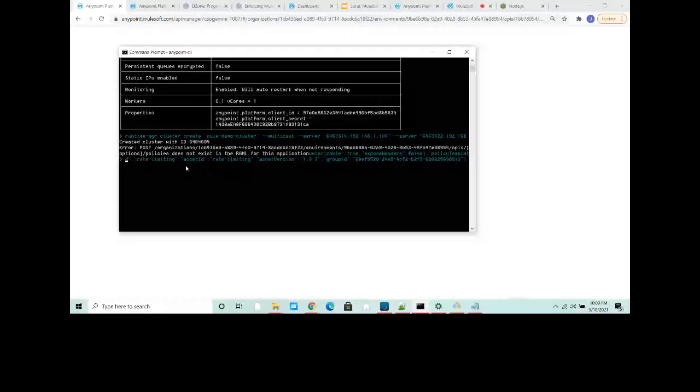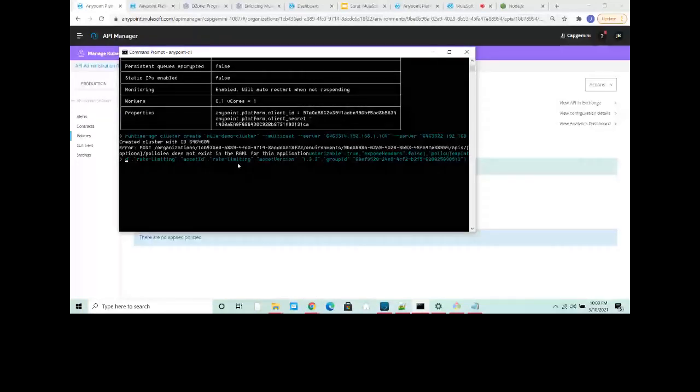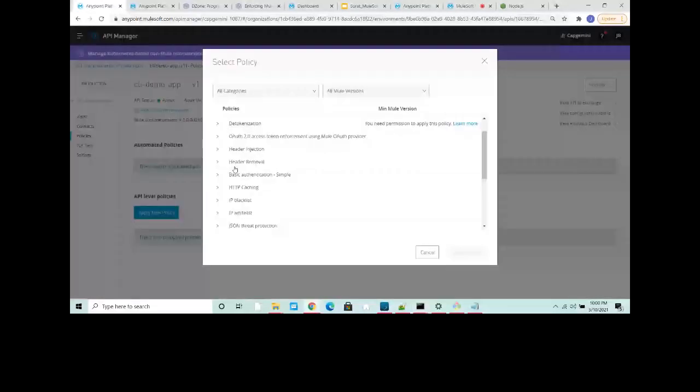The organization has 1.3.3 rate limiting. Yeah, 1.3.4 is there.